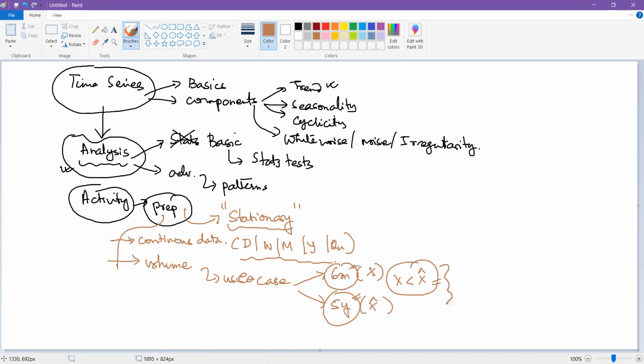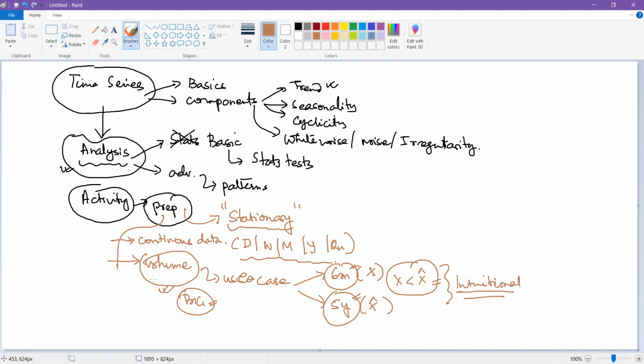But this is not always true. This is just intuitional. This is not really having any mathematical background. So ideal condition, what is the case? The volume of the data should be as big as we can collect. It is not the case that if we don't have big data, then we will not be able to do time series.